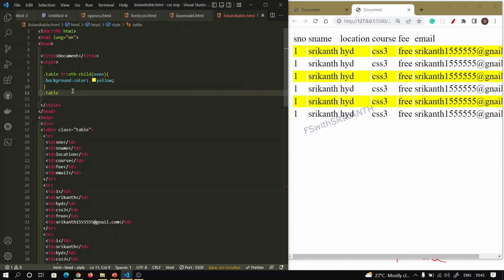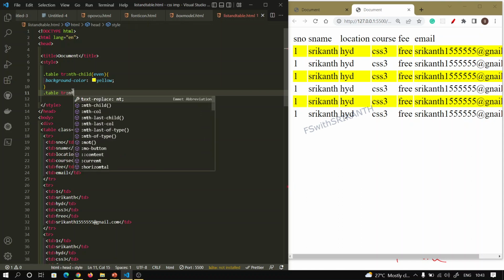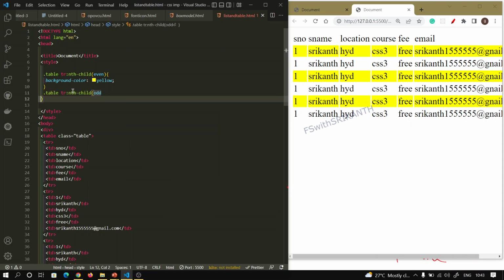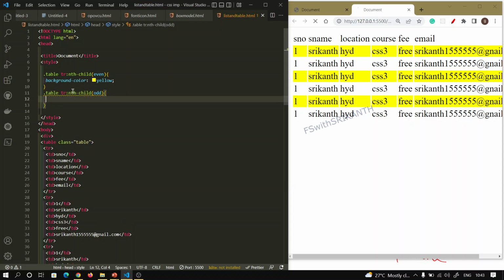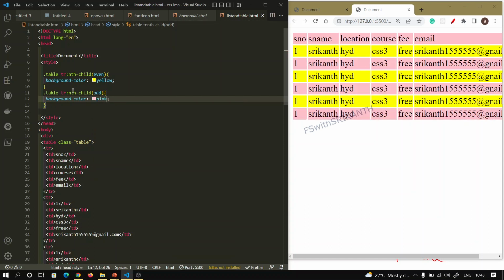And dot table, the tr, nth child, and odd numbers, odd, I want to apply here background color pink. Then you observe pink, this table tag